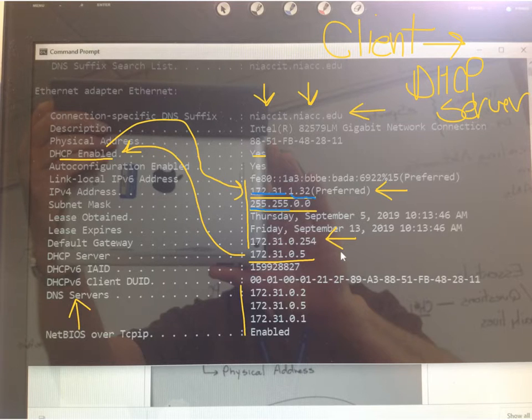These DNS servers, so if you're looking for Dell.com, it's probably stored locally on this server. If it's not, if it's a site you have never been to, DNS will look locally and then it will go out to the internet. And there's, I don't know, like 13 major DNS servers in the whole world, and they have everything. So it'll go out, get it from there, and bring it back.